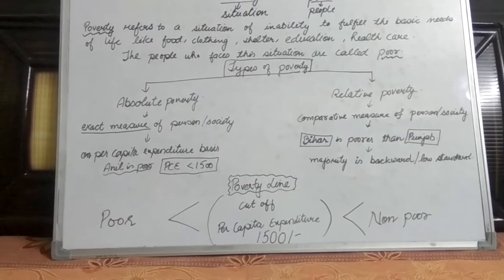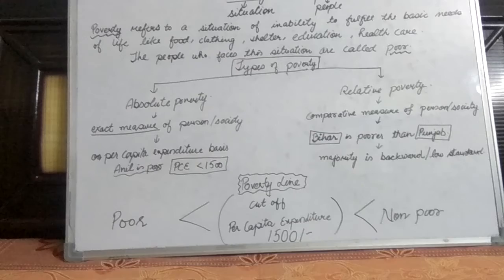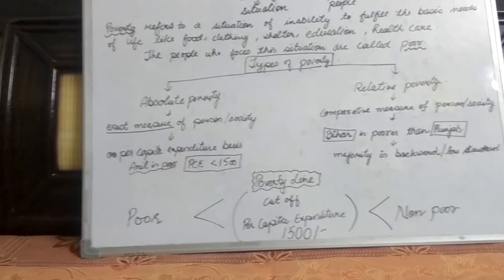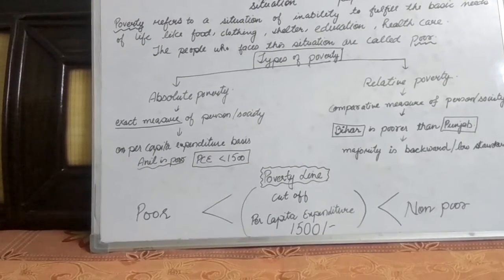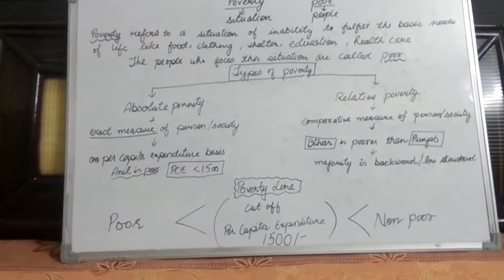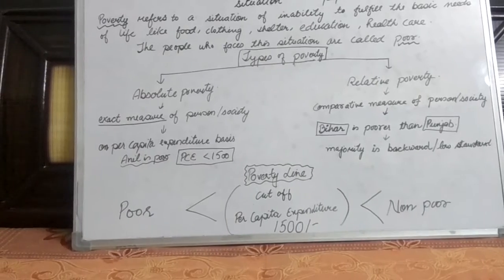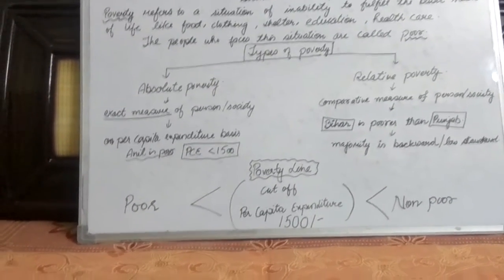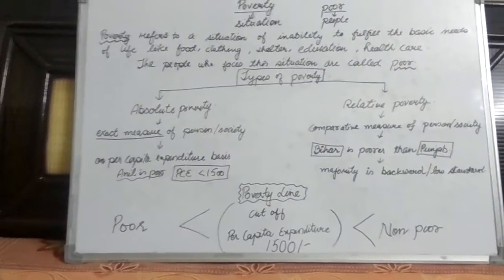The next content we have in our hand is the poverty line. Poverty line doesn't mean a separate class of people or a separate area of people. Poverty line refers only to a statistical measurement to differentiate the people, so that on the basis of this measurement the people of a society, of a nation, or of the world may be identified as poor or non-poor. Let's suppose we have an example: it is an expected percentage, or an expected value, that is measured to differentiate the people.